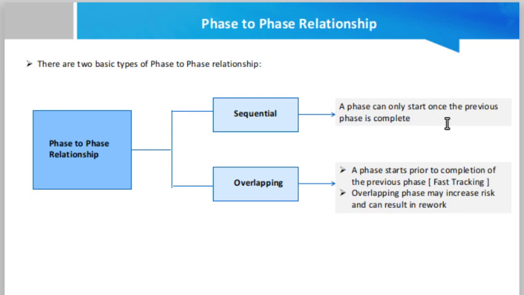Why? Because the level of risk in the sequential manner is less. Once you finish one phase, only then the next phase will start, and whatever the problems are, once the phase finishes, you can get the knowledge about the next phase, or you already know about it. So the level of risk is low in sequential, but the level of risk is very high in overlapping, because two or more than two things are working in parallel. And secondly, there is a high chance of rework as well.